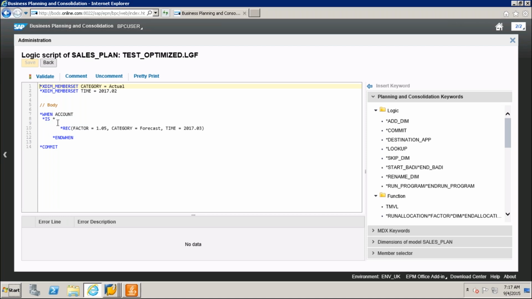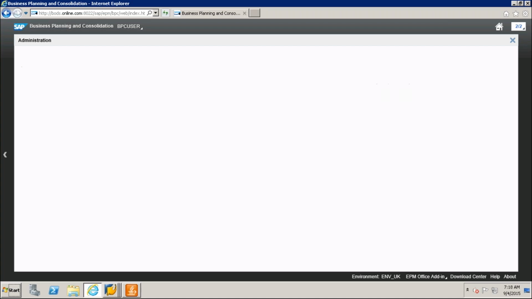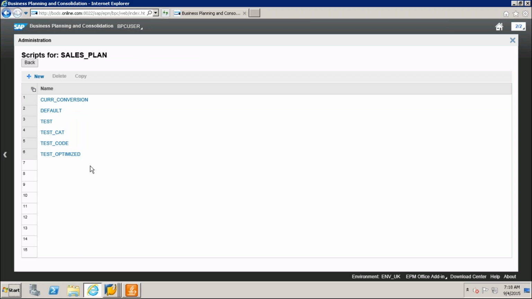When account is in the scope we mentioned here, because of that, that is not taken here in the when condition, but here in the rec condition we are taking the category and time, so it will work out. So like this we can optimize the code.